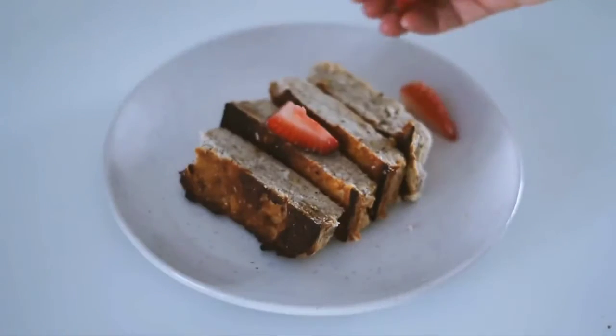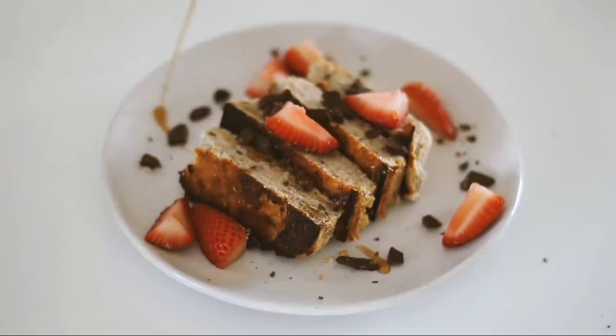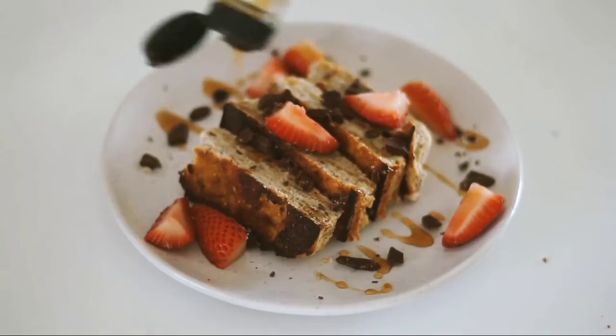I served it with some strawberries as well as some cacao nibs and some maple syrup, and that was my breakfast on Saturday, and also concludes another week of